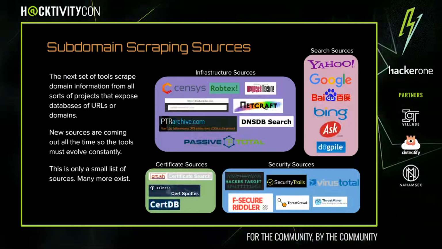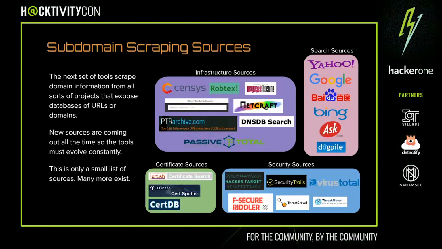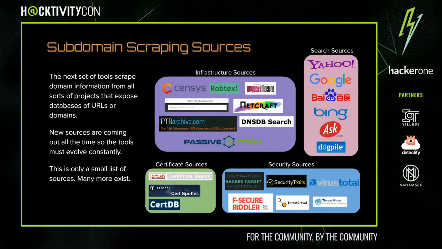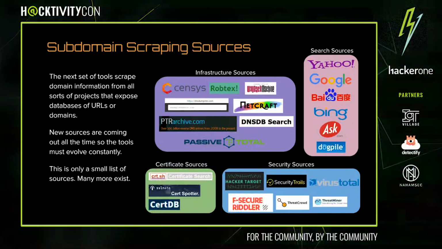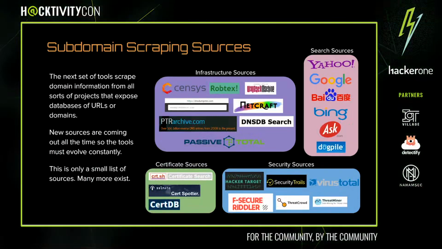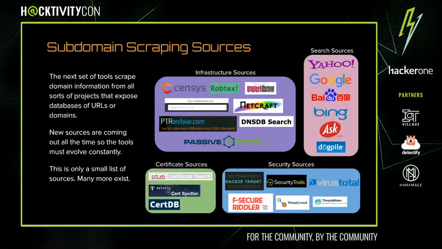There's a whole bunch of tools that do this, and the tools that exist nowadays are probably only as good as their sources, right? And I've listed some of the sources out there on the internet. Infrastructure sources are things like Census, RobTex, the Wayback Machine, DNS Dumpster, Netcraft, etc. You obviously know all the search engine sources. There's a whole bunch of certificate projects that have domain information in them, and then security projects which have domain